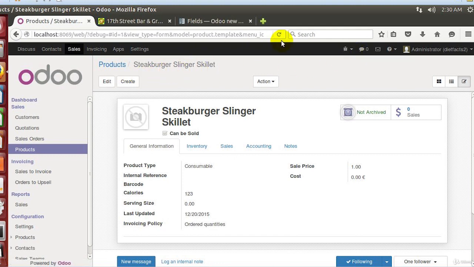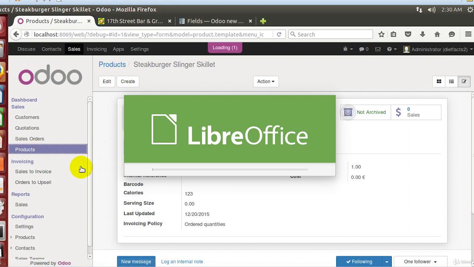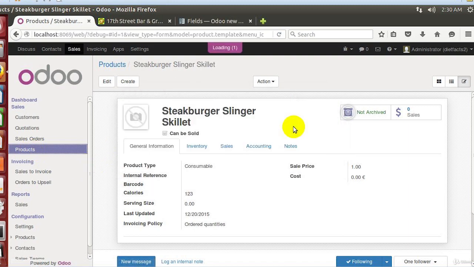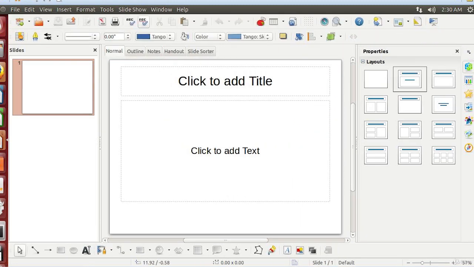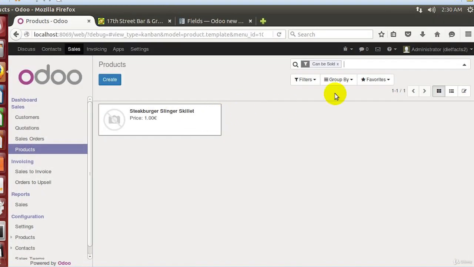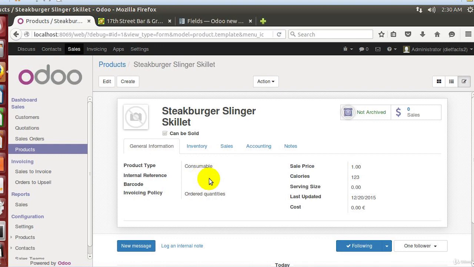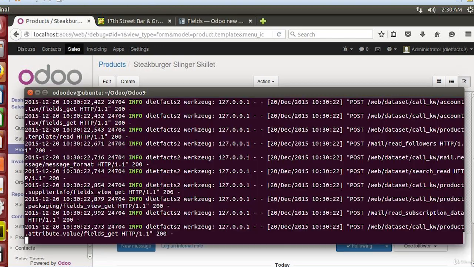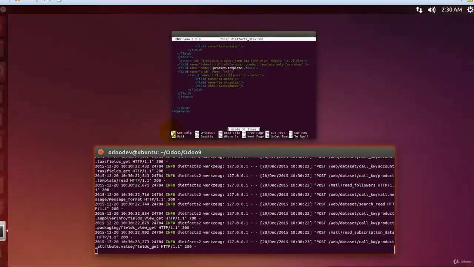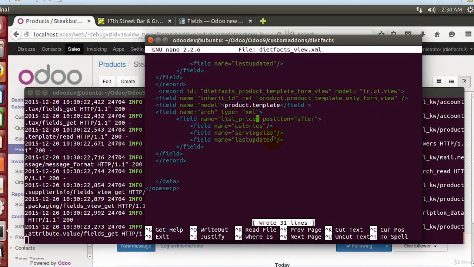And so let's go off. Oops, I didn't want to open up LibreOffice. And click on the form. And I was right. Notice how we got our labels. But if I drop them after standard price,